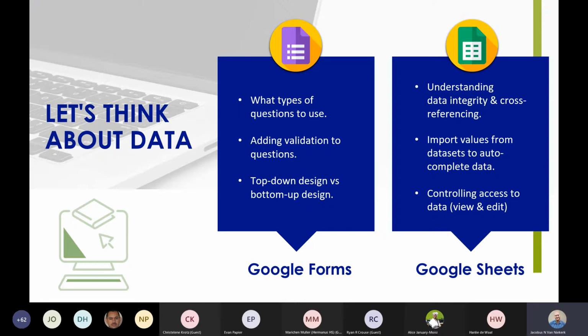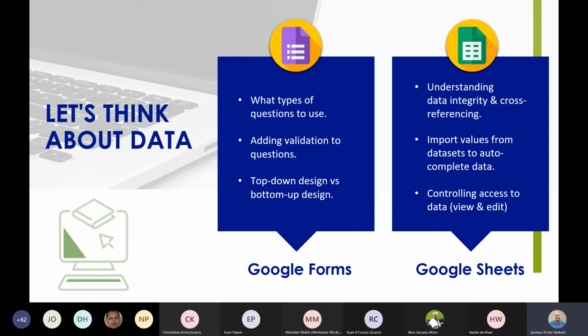Now, to give you a sense of what I'm talking about, some of the systems that we built, we never expected them to scale to the point where they have, which is great to see, but now you're starting to see, okay, maybe we should have done this little element differently, or maybe we should have incorporated this, et cetera. And it can be quite challenging to have to rebuild some of these things. Some of our Google Forms are running in excess of 13,000 records by now. So it's great if you spend a little bit of time planning these things carefully.